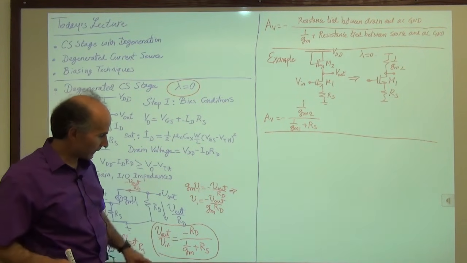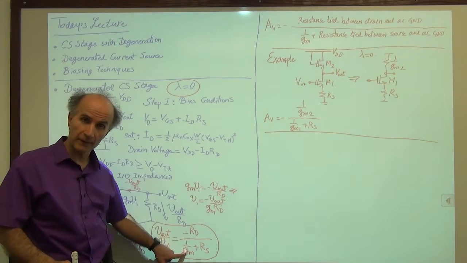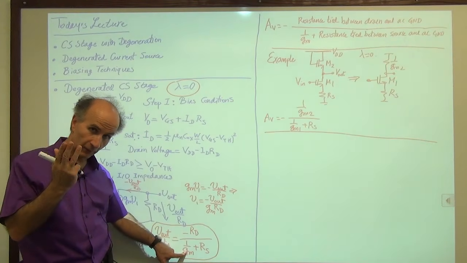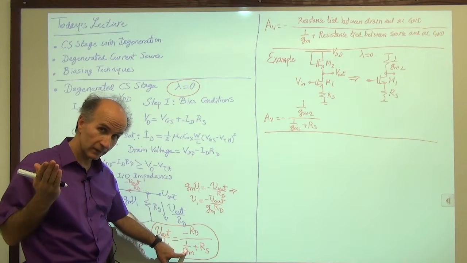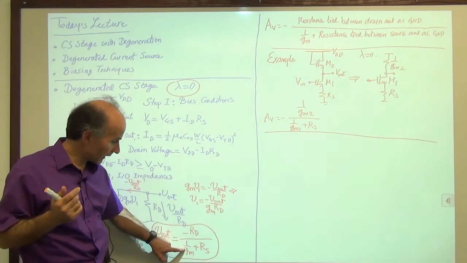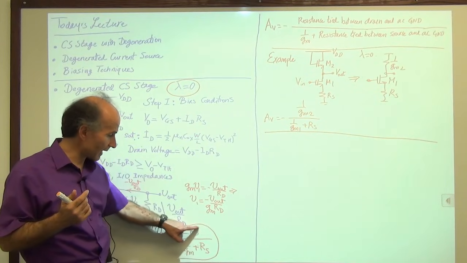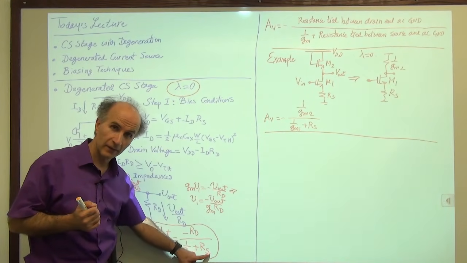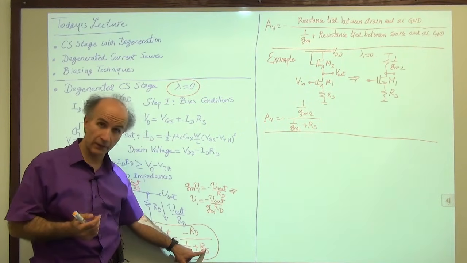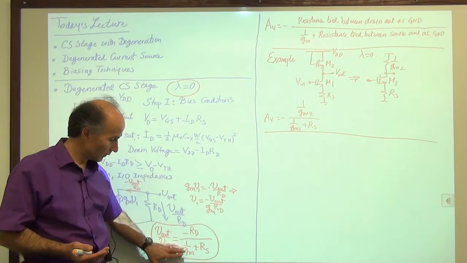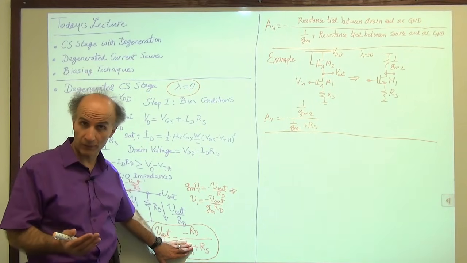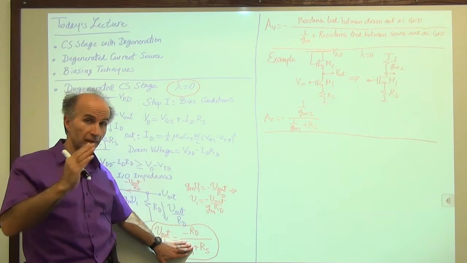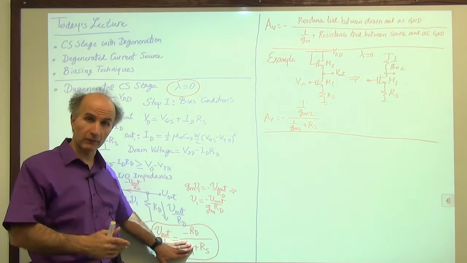Well, this says that if GM varies due to temperature, process, supply voltage, or signal level, the effect of GM variation is felt less in the circuit because of RS. You can imagine that if RS is very large compared to 1 over GM, so 1 over GM is negligible, then we don't even have dependence on GM, which means we don't have dependence on, for example, supply voltage or